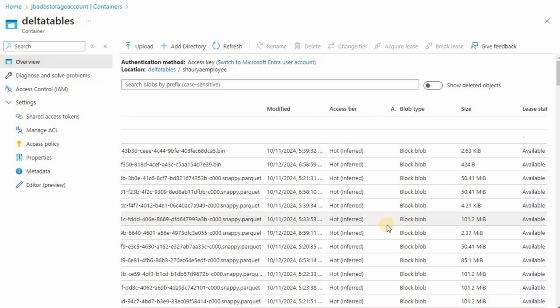So what happens is, whenever you make changes, like you do a lot of inserts, deletes, updates, and things like that, in order to maintain the version, in order for you to do time travel, you will get these Parquet files created, which is a great concept, to be frank. But the problem is